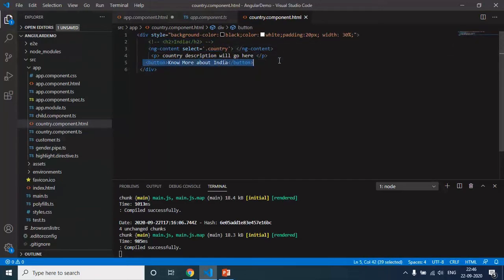I want to pass for this one also. So what I will do, I will also comment this line of code, and I will replace it with this ng-content. And I will also give a unique selector. So what I will do, I will give "country", and I will copy this one here, and will come